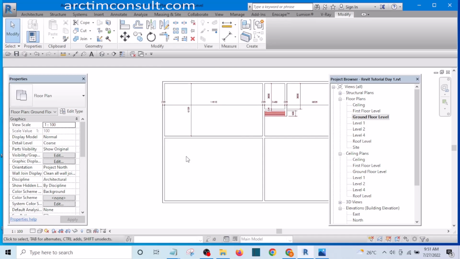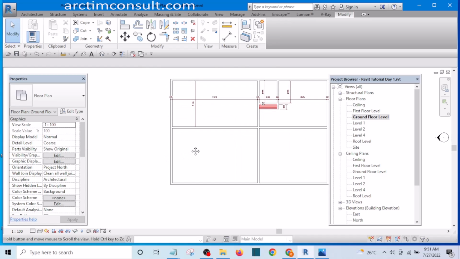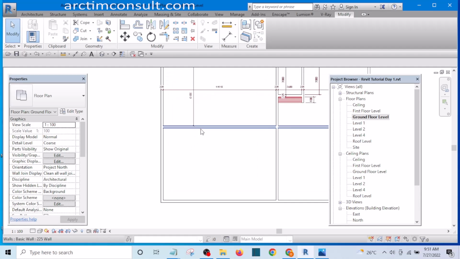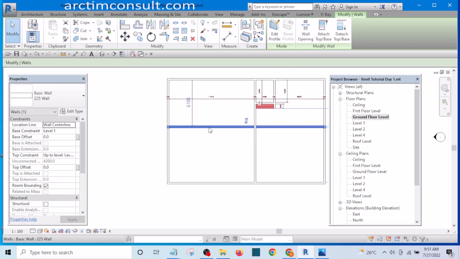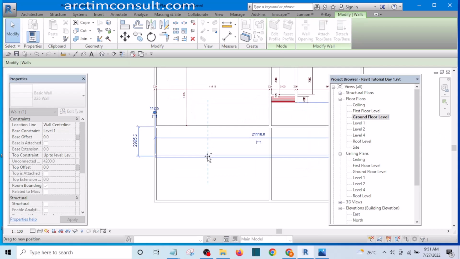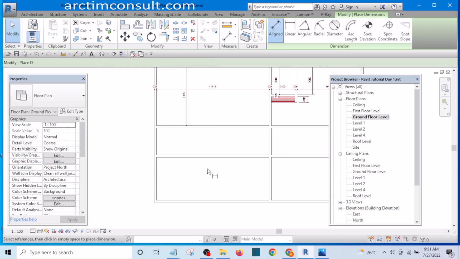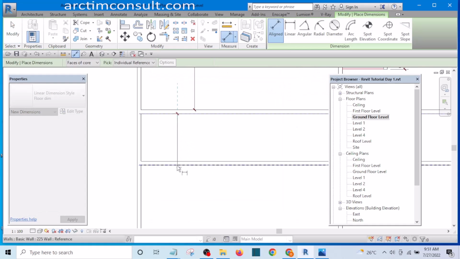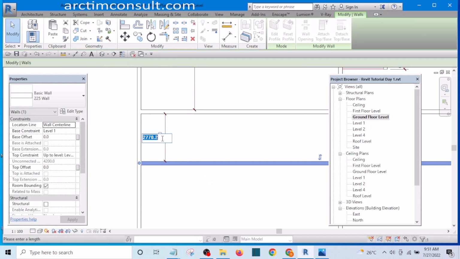Okay, the next thing we want to do is to establish our anti room. We want to establish our anti, and I'm going to place a dimension. The width of the anti is 2100,